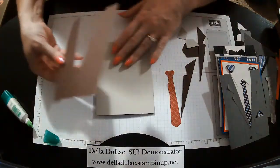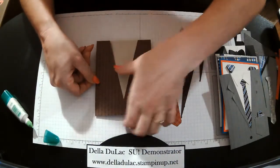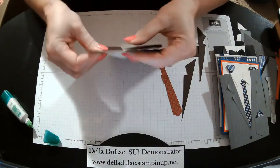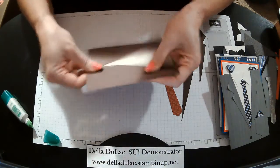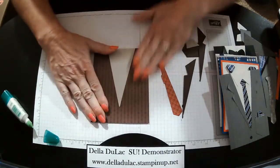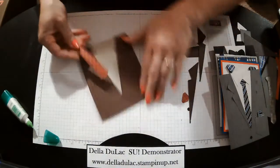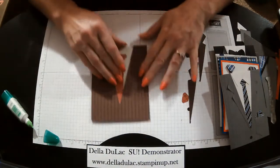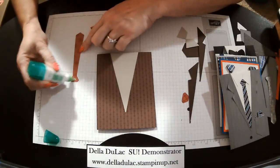Okay, so let's line that up. And because this is that liquid glue, it's not going to dry right away. You're going to be able to slide that into place just a little bit. There we go. Now, since I didn't put any glue down here, I'm going to be able to tuck in my tie like that. So let's get a little bit of glue